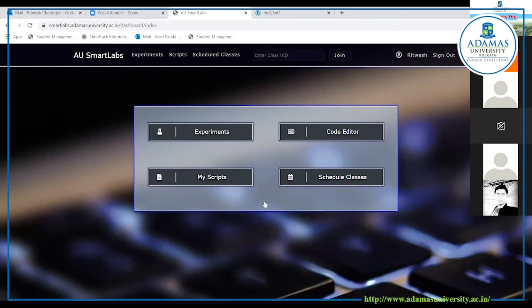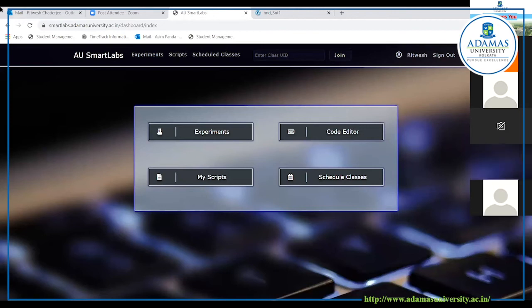But if you're logging into the platform for the first time, or your Microsoft email ID is not logged in, you would be taken to a login page where you would have the Microsoft login page, similar to what you use in Outlook. And over there, you have to put in your university email ID and the password you use to access that university email ID. You will need to grant this application a certain set of permissions. So a pop-up will come up on screen that will ask you to grant permissions, something that you're used to when you work on phones these days, where you're trying to log in using Facebook or Twitter. You see that permission screen pop up that asks if you actually want to log into this website. So you mark yes, and you get in over here.